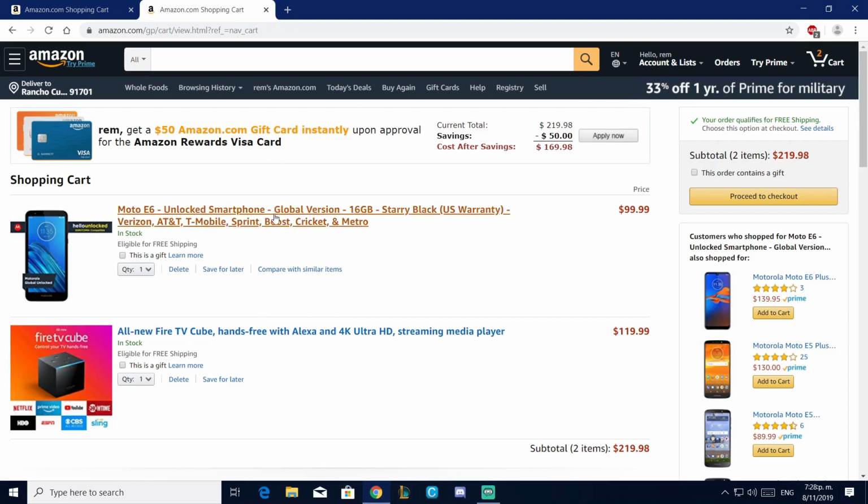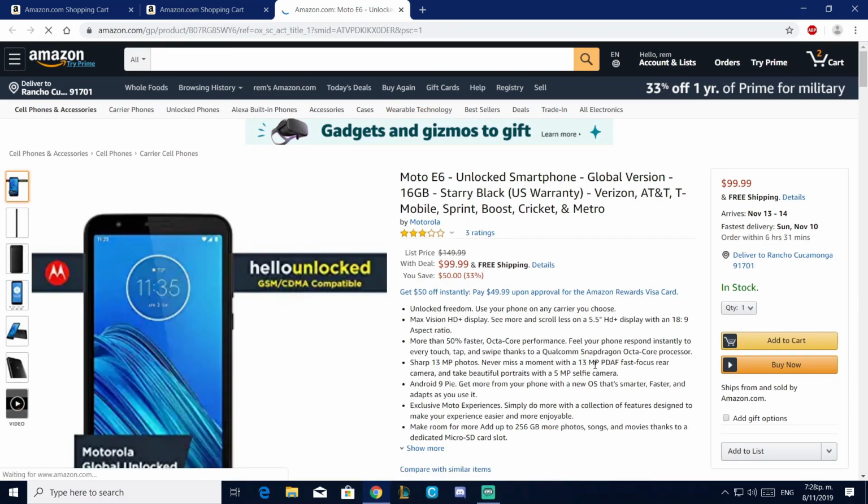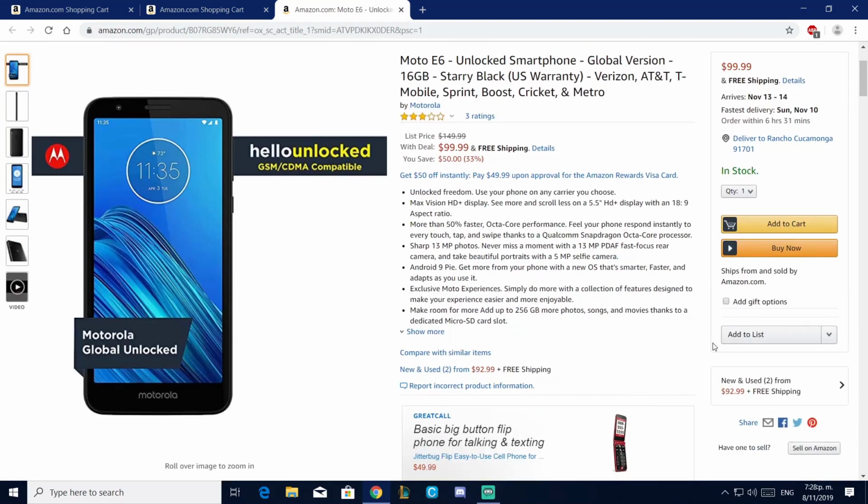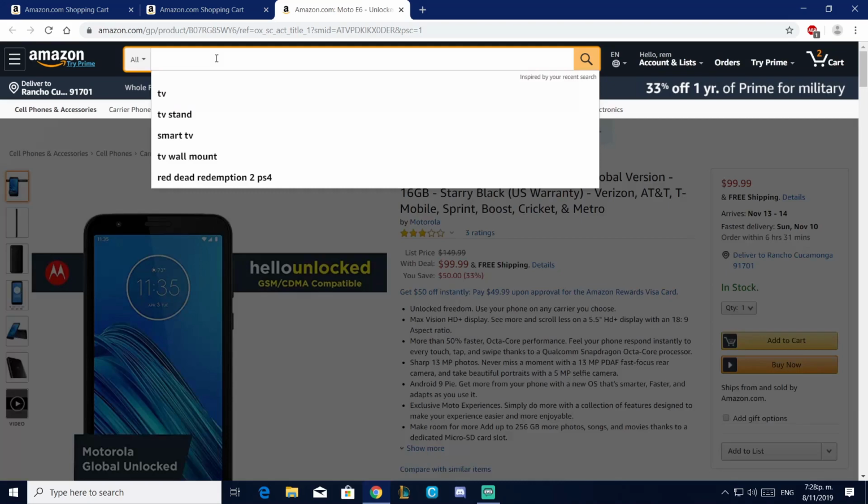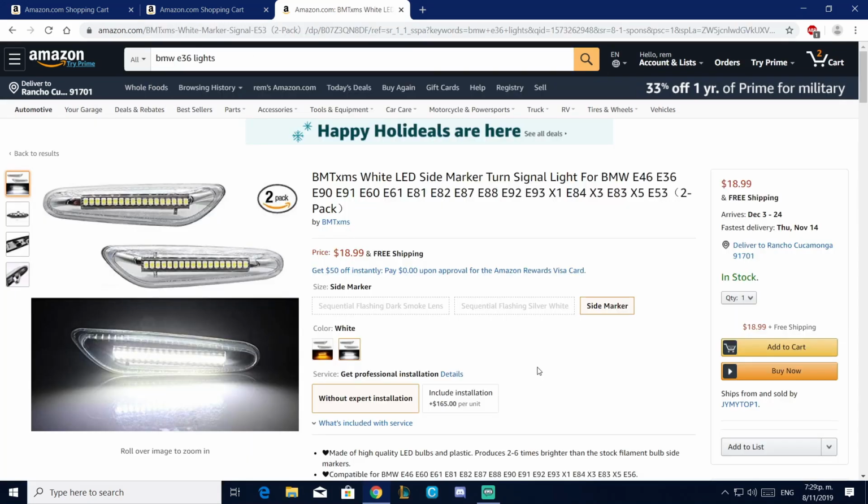However, there's another thing. There are some items that are not sold by Amazon. Let me check this one. So this one ships from Amazon and is sold by Amazon. So you're cool with the phone as well. But let's look for an example. I have a good example here. These are some random lights, but they're shipped and sold by this company, which is not Amazon. So the deal with this, I would not recommend you purchase items sold by a third-party seller,